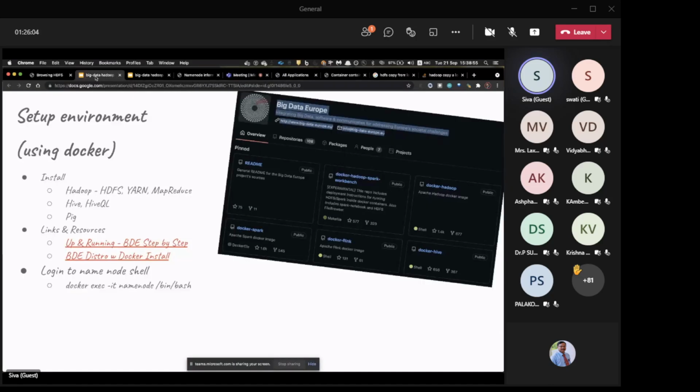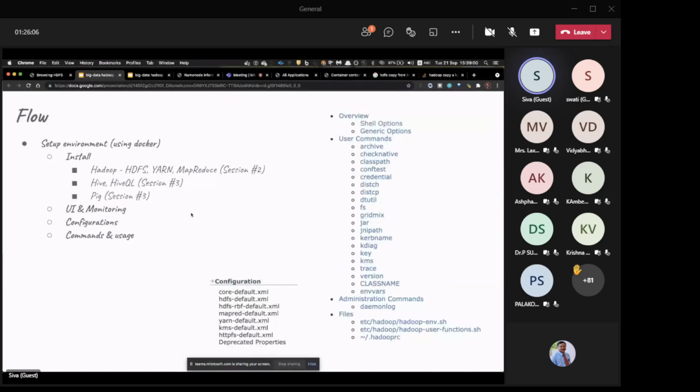So this is not far from reality, and this is one of the things that we face day to day in our productions as well. Things which are set up and working, you never know what changes between your local setup and your production environment. So this is something very normal that we face on the ground. Okay, back to